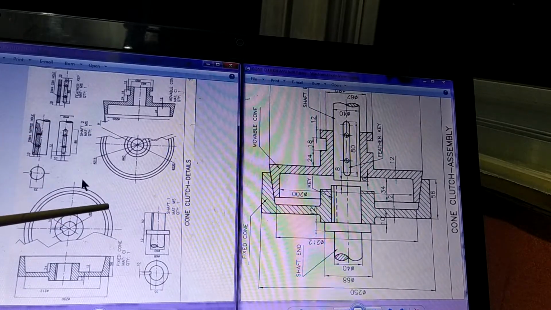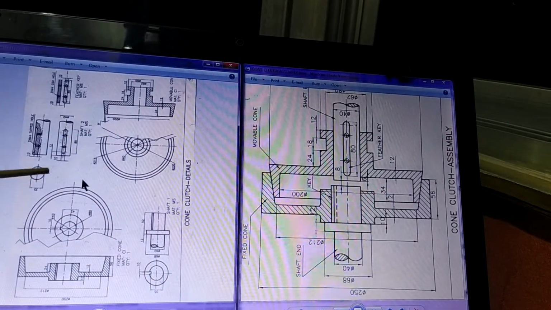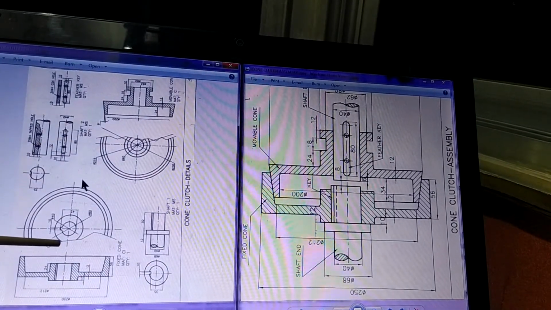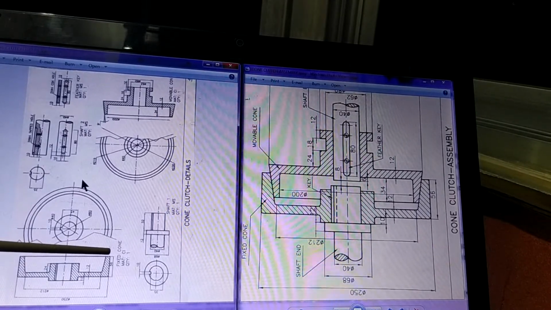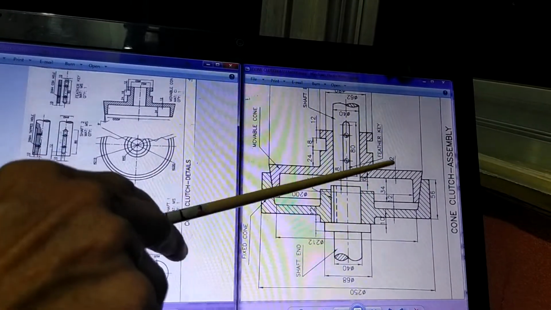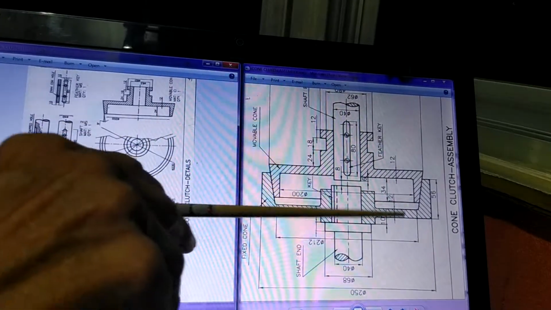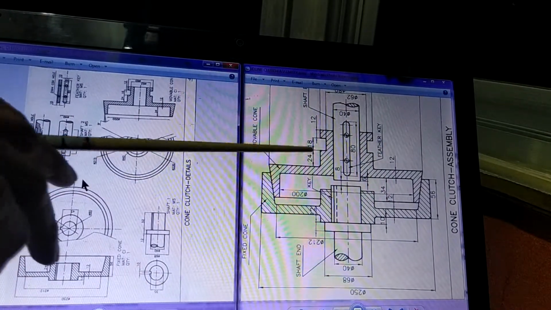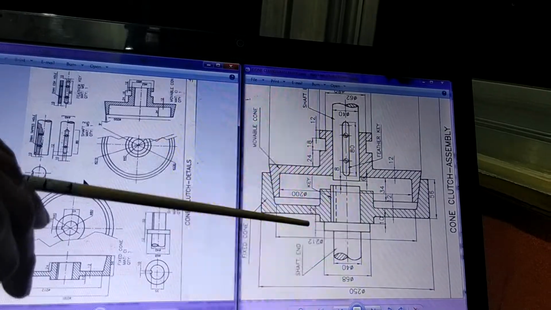Now what you see here is, when you assemble these 5 parts, that means when you join these 5 parts for a certain reason, for a certain purpose, for a certain function, then that becomes an assembly. So when you connect them in a certain manner, this is the assembly that is formed, and now this assembly works together. This assembly works for a certain purpose. Now in this case it is a cone clutch.